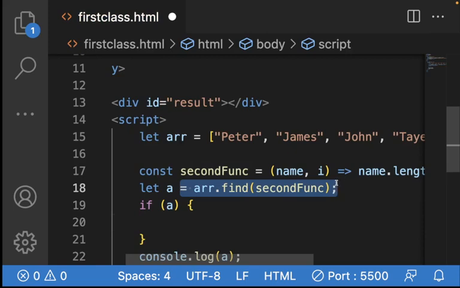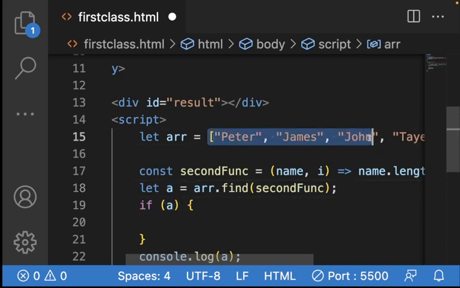I don't know if you get it. Because if A is truthy, then it means that at least one of them met that condition. A will not be undefined. Remember, undefined is falsy. We looked at truthy and falsy. Yes, truthy, falsy. Yeah. Undefined is